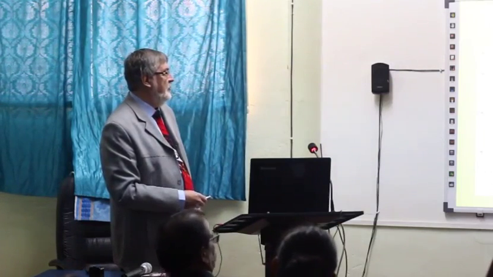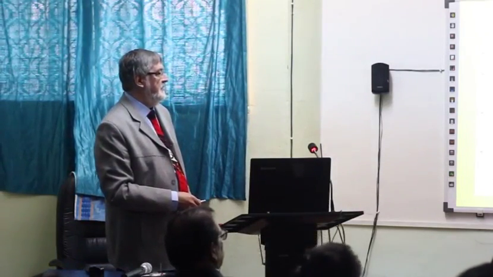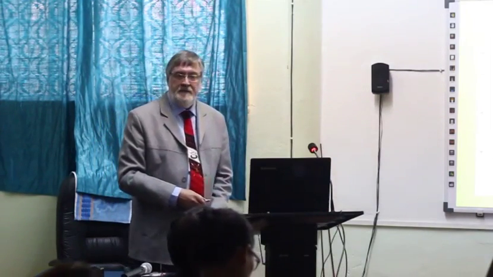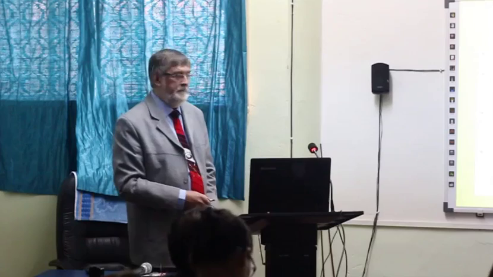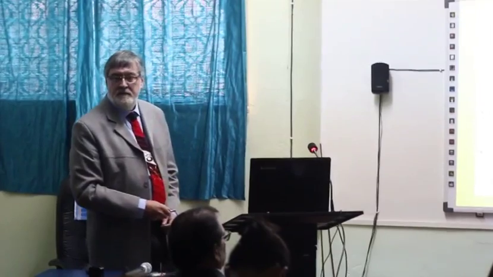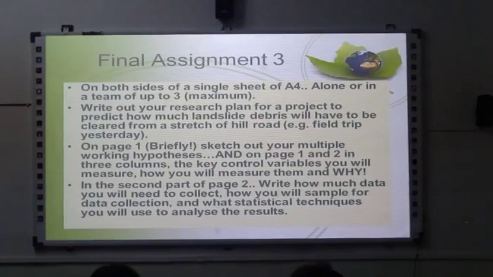write out your research plan. What you're doing is writing out a research plan for the project that we've described to predict how much landslide debris you're going to have to clear from a stretch of hill road. So you want to collect the variables that are producing the debris and see if you can make any sense of them. So on page 1, briefly, a sentence, two sentences is all you should need. Sketch out your multiple working hypotheses, which might be landslide debris is produced by, I wrote that, no tree,